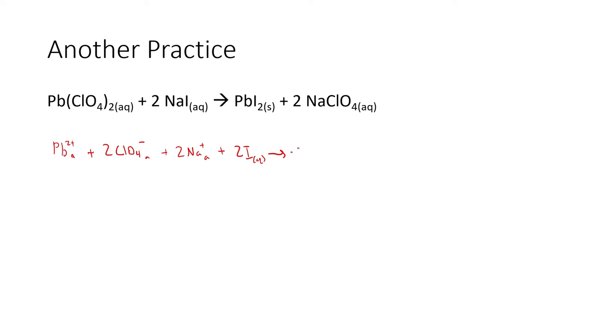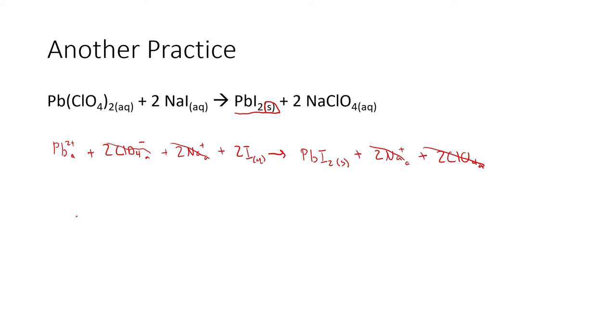Then on this side, we have lead iodide, which is a solid, so that's not going to be dissociated. The rest of them are. So we'll have lead iodide as a solid plus 2 Na plus aqueous plus 2 ClO4 minus aqueous. This is our complete ionic equation. We can immediately see these chlorates are going to cancel out, these sodiums are going to cancel out, these, and